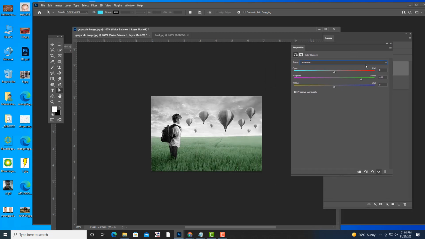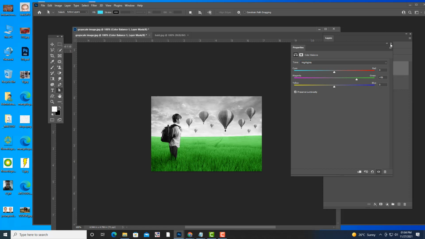See here. So I have made the grass green, but if you want the grass to be darker, you can change it to shadows and then try to increase it. See now, the grass is very green, and if you want to make the grass even more green, you can also use highlights and make it more green. See, now the grass is very green. So I have used color balance to colorize. I did not use blending modes here.